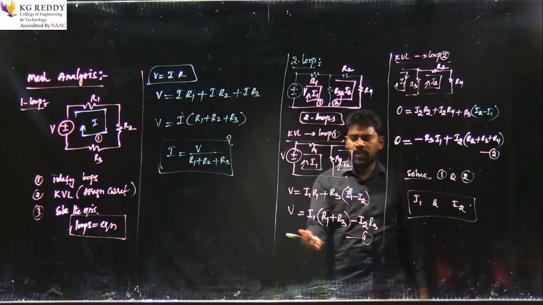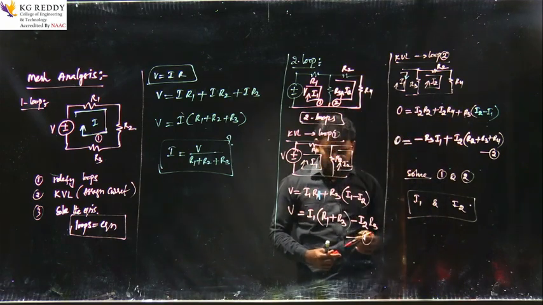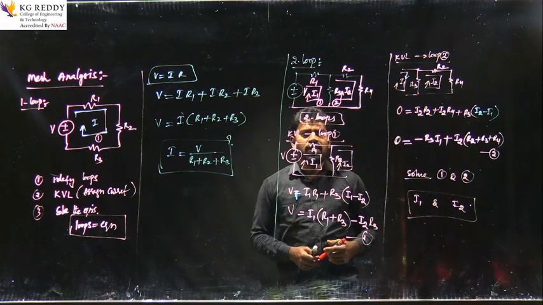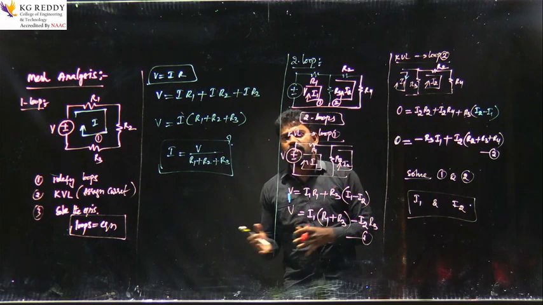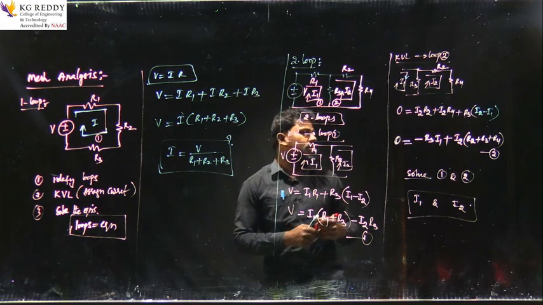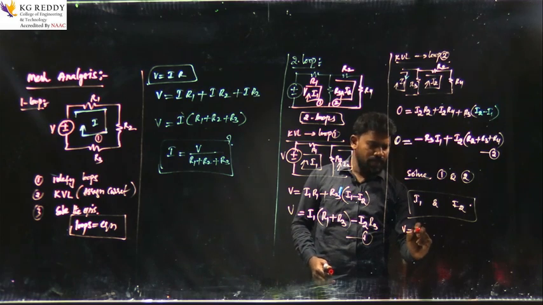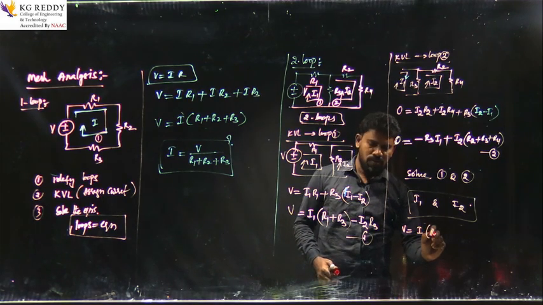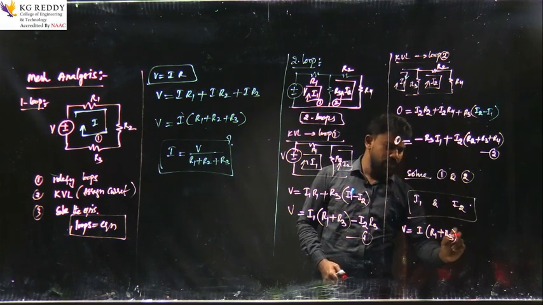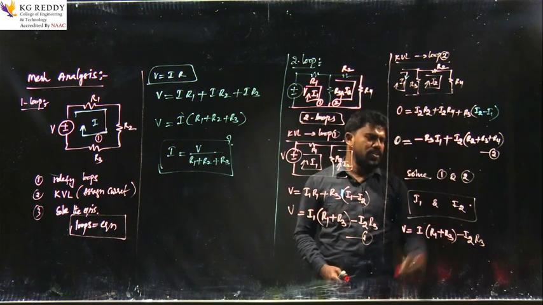Okay, so it is very simple. You can take equation 1 and equation 2. The magnitude of each and every current is common, so you can apply the same rule and make the magnitude common. If it is not the same, you can multiply by the same magnitude each equation for either I1 or I2, then you can cancel one term and you will get the answer. Now I can show you one thing. Here V is equal to I1 into R1 plus R3, minus I2 into R3. So this is equation 1.